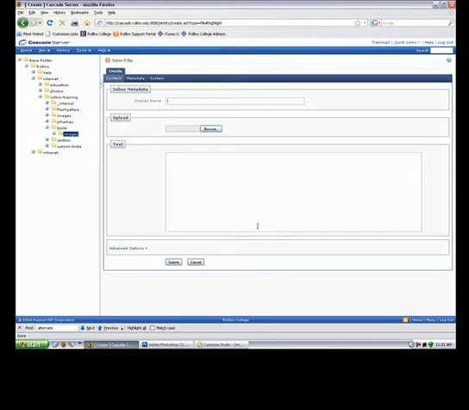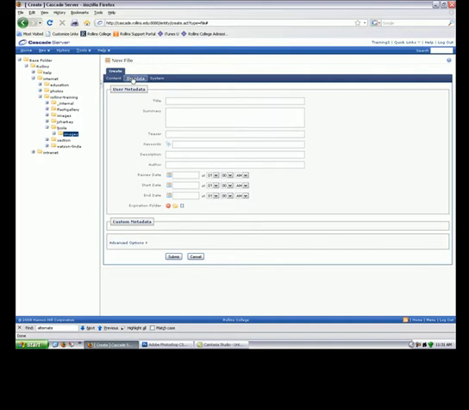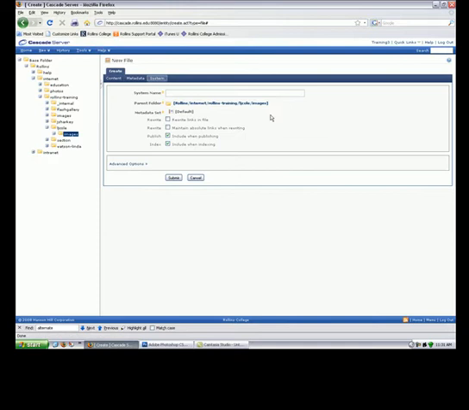Generally, when I'm working with images, I only use this first tab, the Content tab, because I find it to be the fastest way to upload images. However, the other tabs allow you to enter metadata, so the image can be found using Google search, and to change a system name if you didn't originally save the image with the name you wanted to use. In a second,